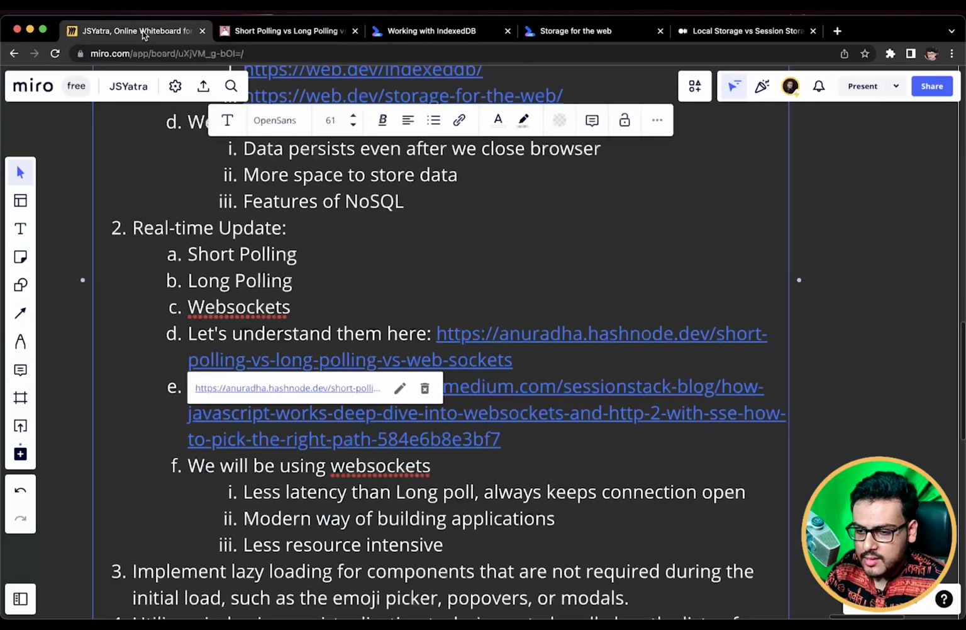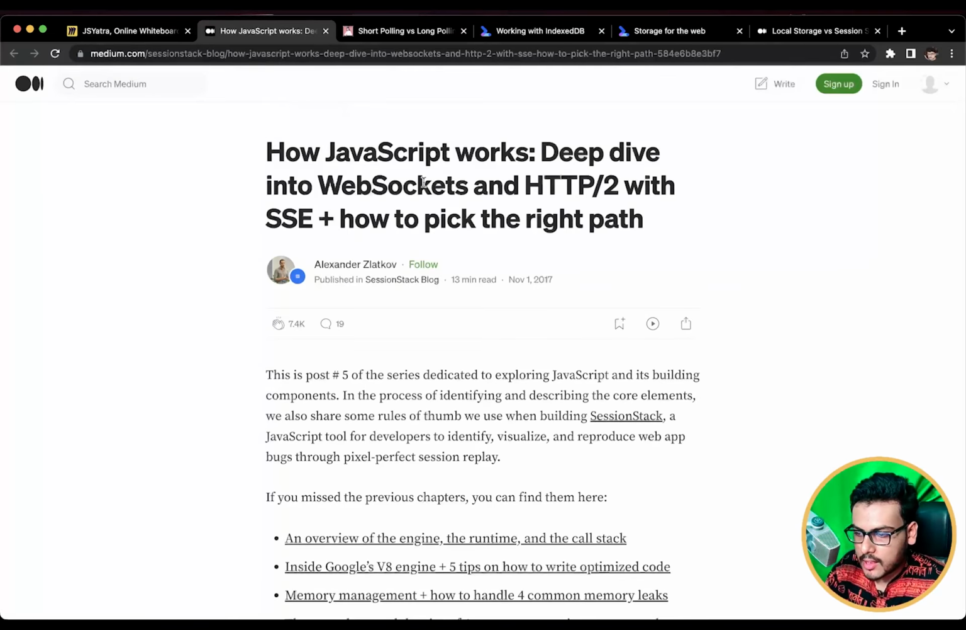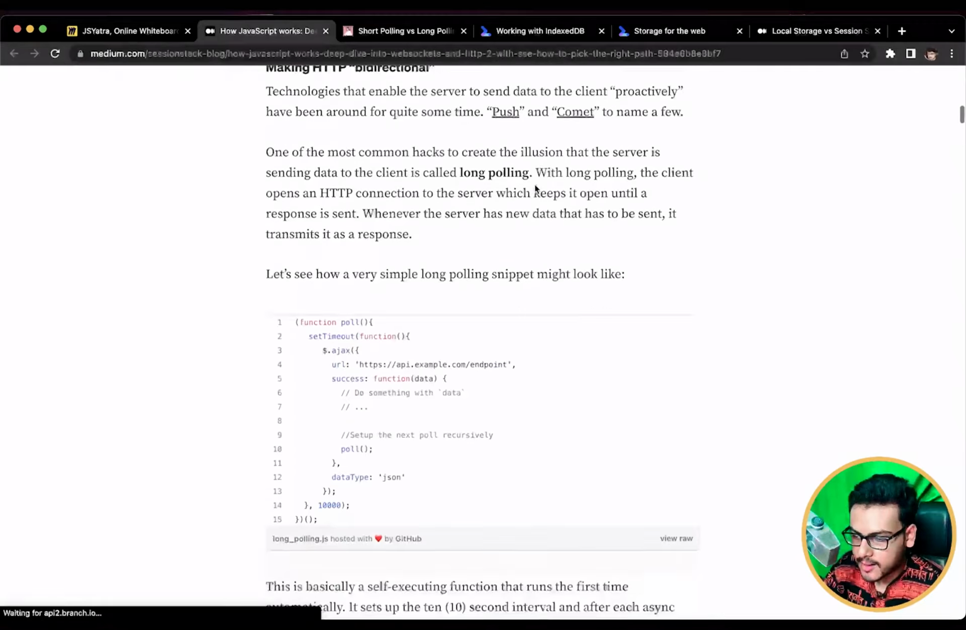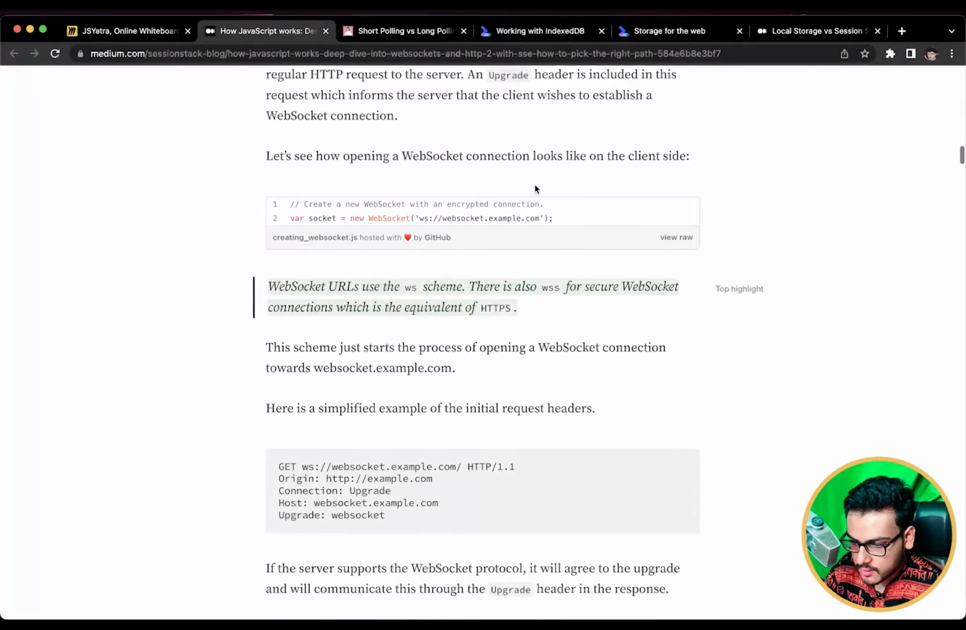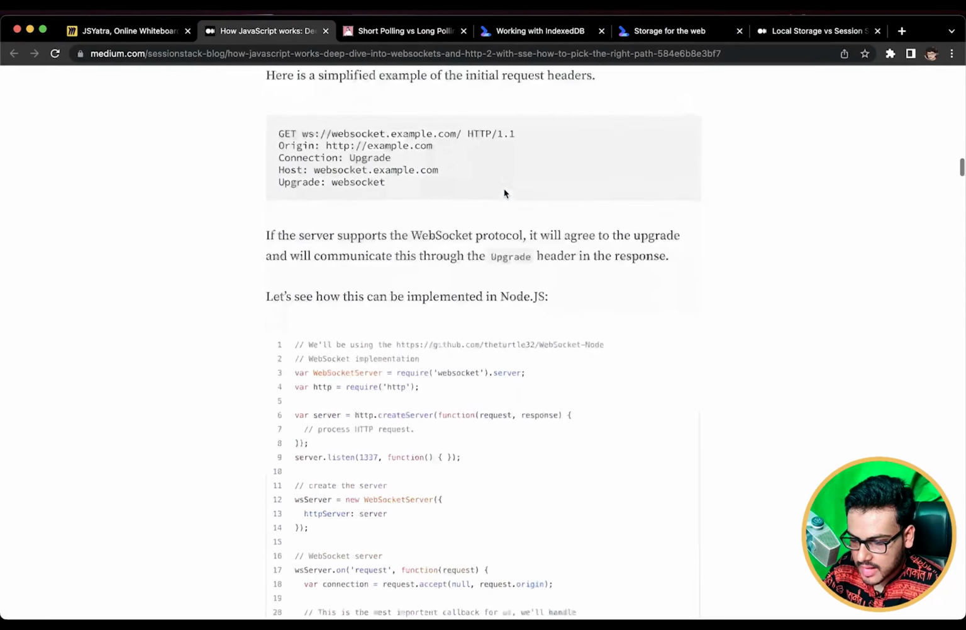So we discussed short polling, long polling, and WebSockets. And we will also be deep diving into WebSockets. You can read this article. It is a very good article about WebSockets. And the one thing I wanted to show you over here was that once the WebSocket connection is established,